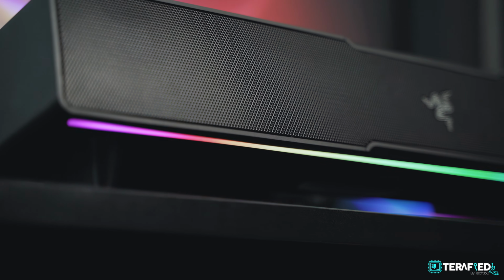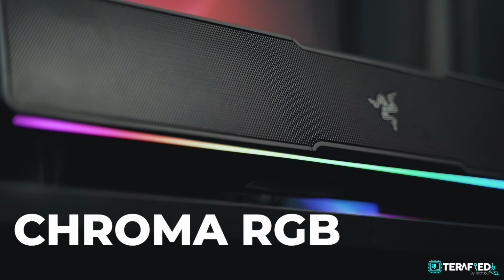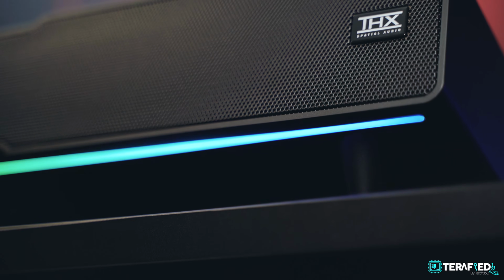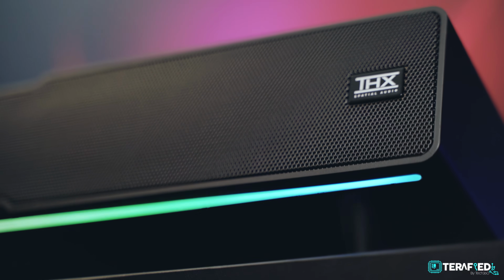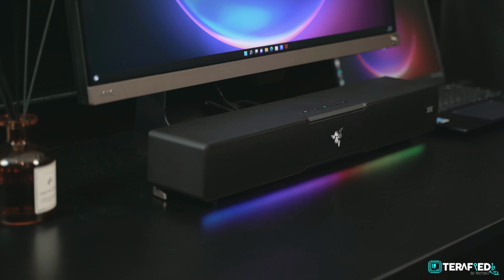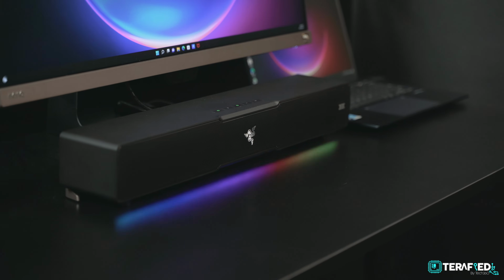To complement the new and refined look, Razer has of course added a splash of Chroma RGB in the form of a thin strip below the length of the soundbar itself. If you like your RGB, this looks pretty stunning because it's indirect, it's out of the way, and it's nice and diffuse, and does get plenty bright. This will definitely match any of your other Razer peripherals, and you can sync them all up using Razer Synapse,